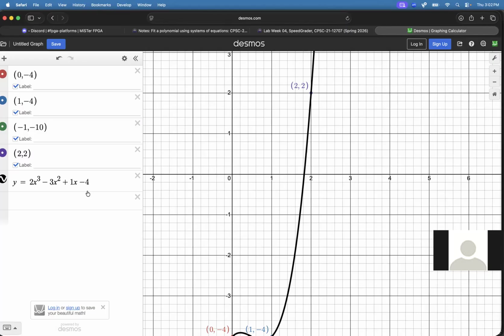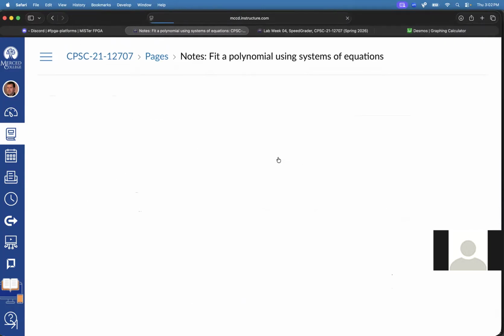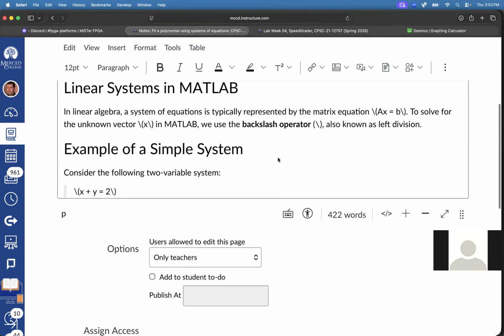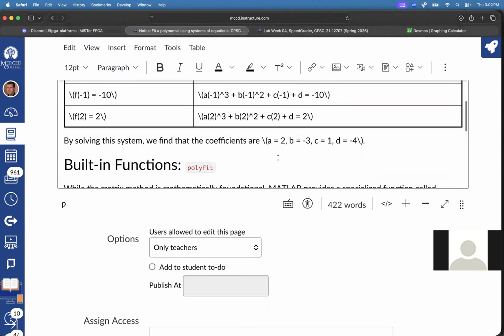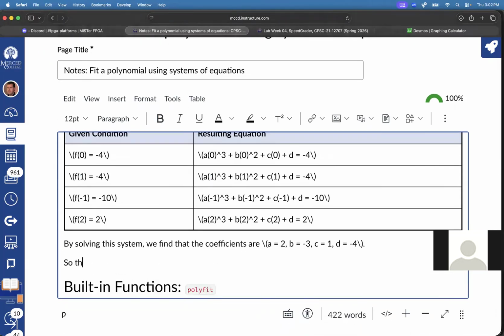We found the equation. So maybe I should modify this page here. I'll just go down here, and where we solve it, it says these are the coefficients. But the third degree polynomial that matches our data is